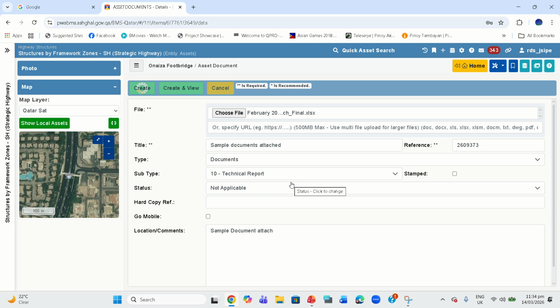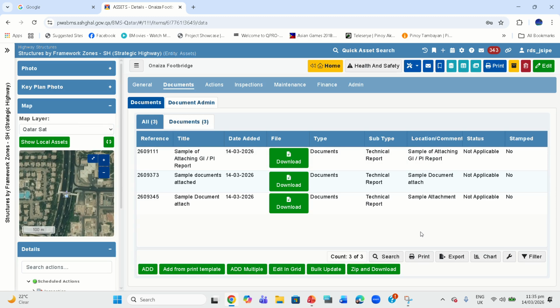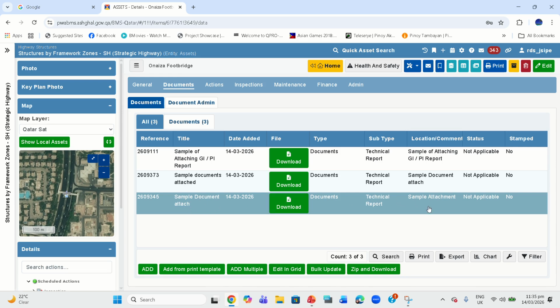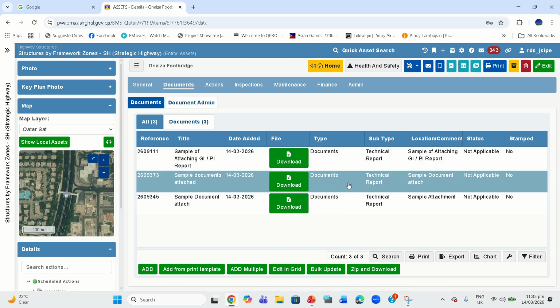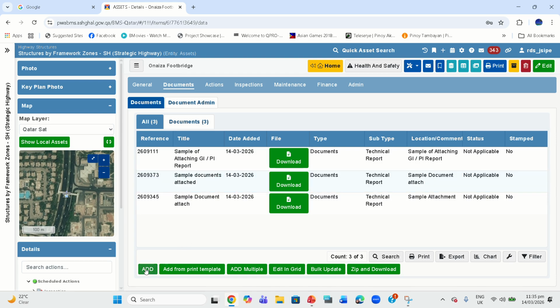You can see it's taking time. As you can see now, I have already attached this document here. If you have more documents, you can still add more.